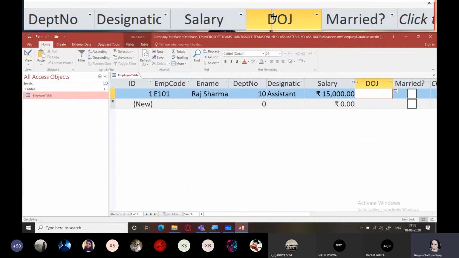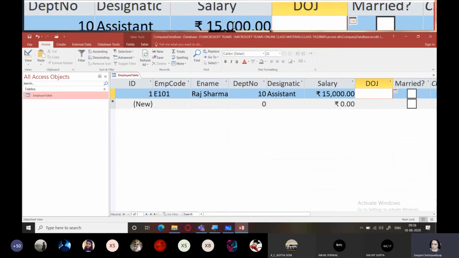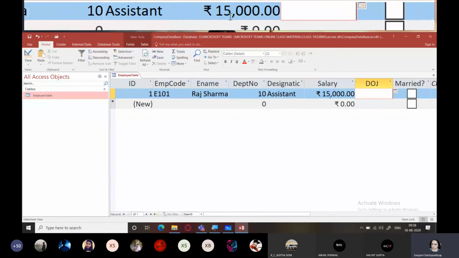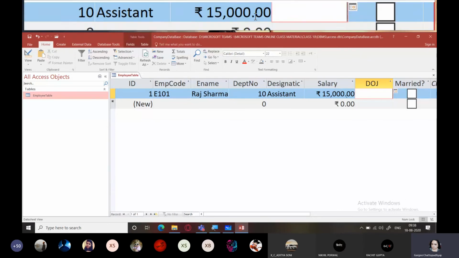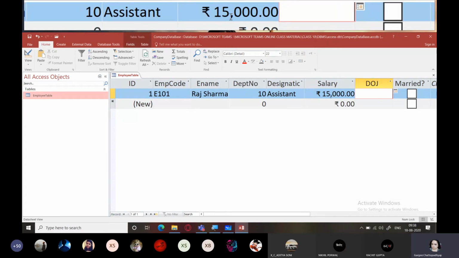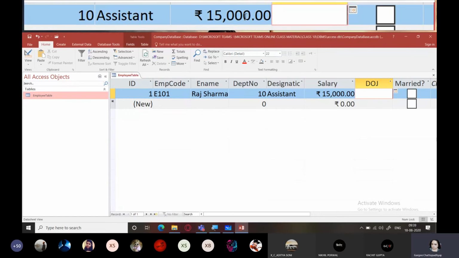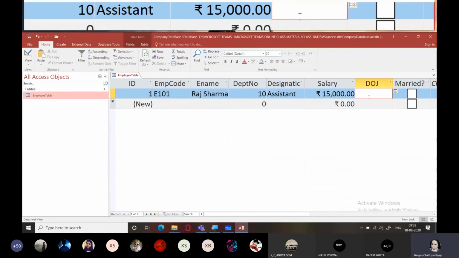That is because the width of this data exceeds the width of the field or the column. So you can just increase the column width and you will be able to see you had entered only 15,000, but it automatically took the currency symbol, took the separator, that digit separator, that is comma, 0.00 itself. So Access is that user friendly.